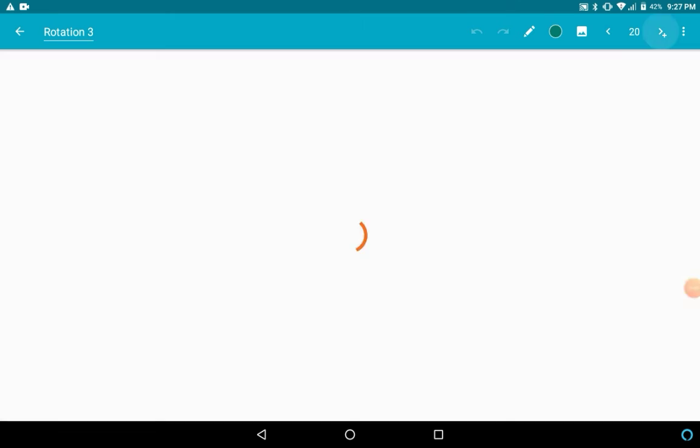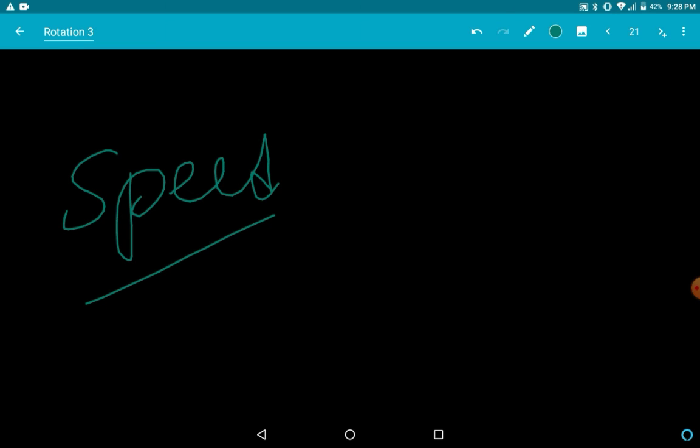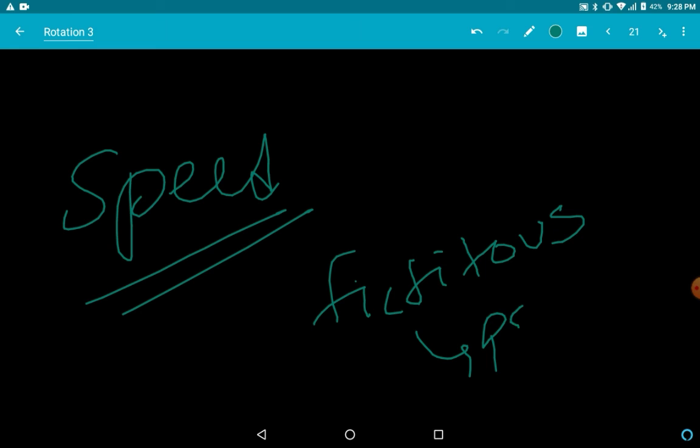Now let's actually do some sums. Go to page number 18, multiple choice questions. The first question is, which of the following quantities remains constant in uniform circular motion? We have learned it. The constant is speed. Speed is key, and speed is always constant. Remember this. The second question asks, centrifugal force is what type of force? It's a fictitious force. Fictitious is nothing but another word for pseudo.